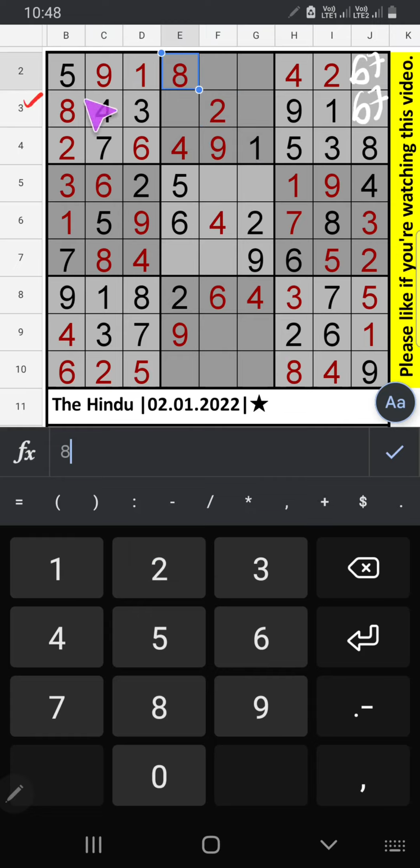In the 3rd row, 2 numbers are remaining, 5 and 7. In the 3rd row, we have 3 and 1. So 1 will come in this cell. 1 and 3 will come in both the cells. We will confirm later. Then column E, only 1 number is remaining, number 7. 7 is here. Since 7 is here, 7 can't come in this cell. 7 will be here. 6 is confirmed here.